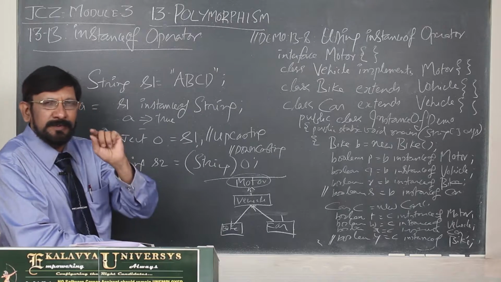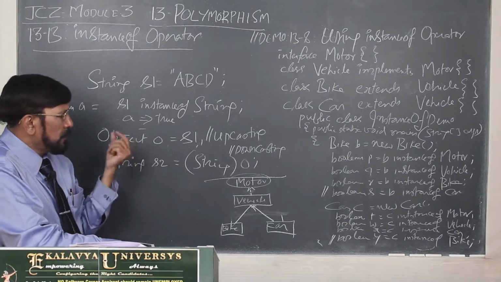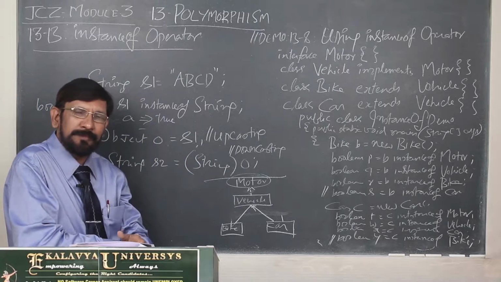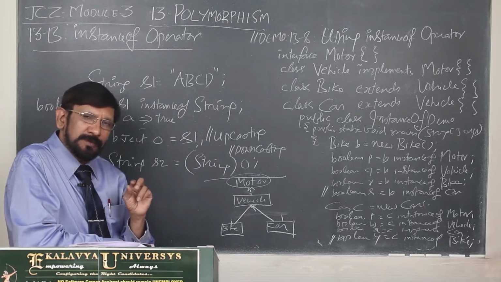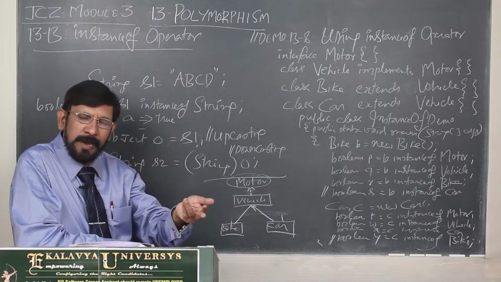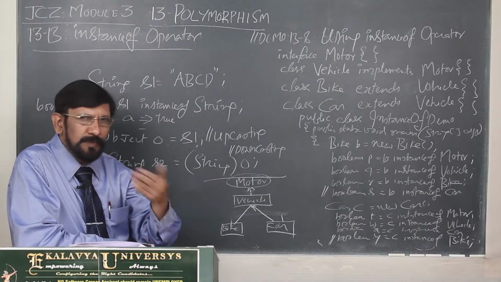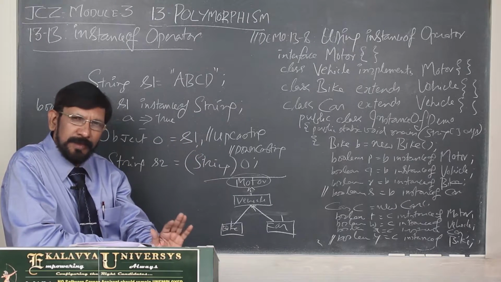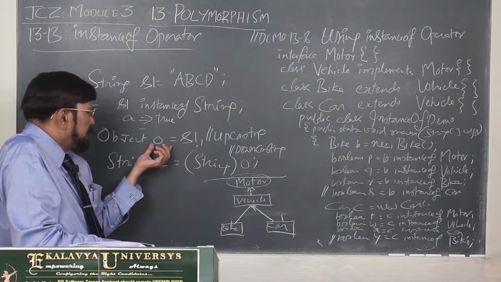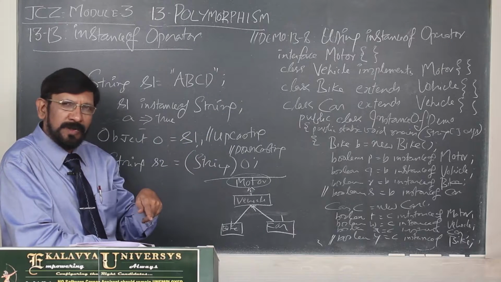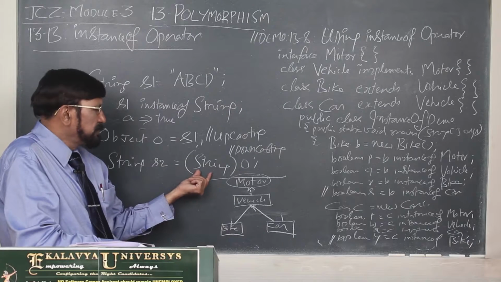In such a case, you have to make it legal. If you want to make it legal, what do you have to do? You have to make a type cast. So first you check with the instanceof operator. If instanceof gives true, you can go for casting. You can go for direct assignment like this in upcasting. Otherwise, in case of downcasting, you have to make a specific cast.